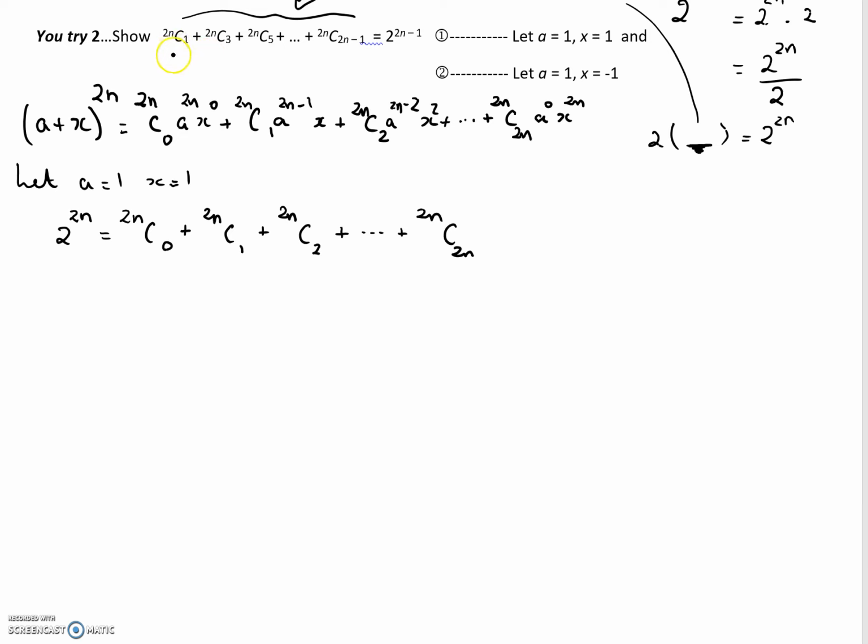If we go back now and have a look at the identity, we've just realised there was no 2n c naught. These are every second coefficient, and this looks like the second last coefficient is here, but the last coefficient is gone. So